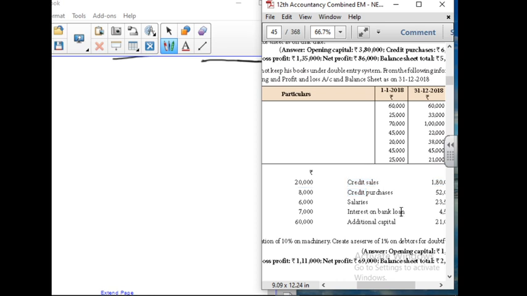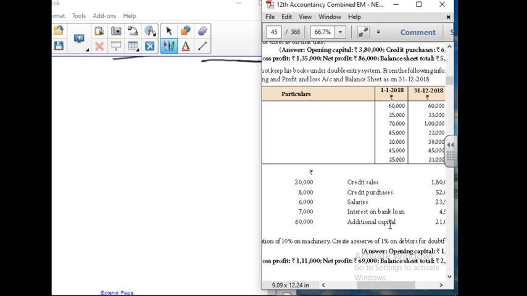Here they have given a bank loan under the liability side. Interest is given. Interest on bank loan comes under the profit and loss account under the debit side. So the more information for you is loan and bank loan, which is additional and new information for you. And another thing is, here they have given an additional capital.